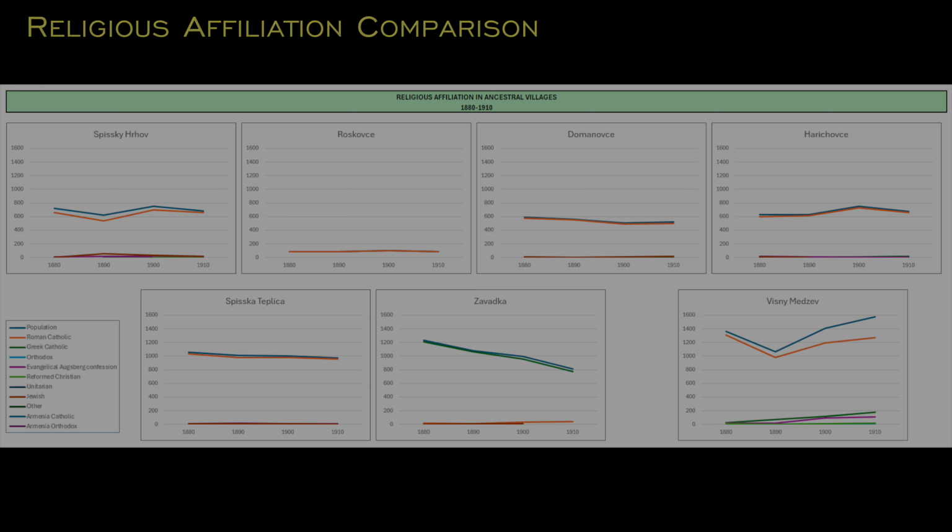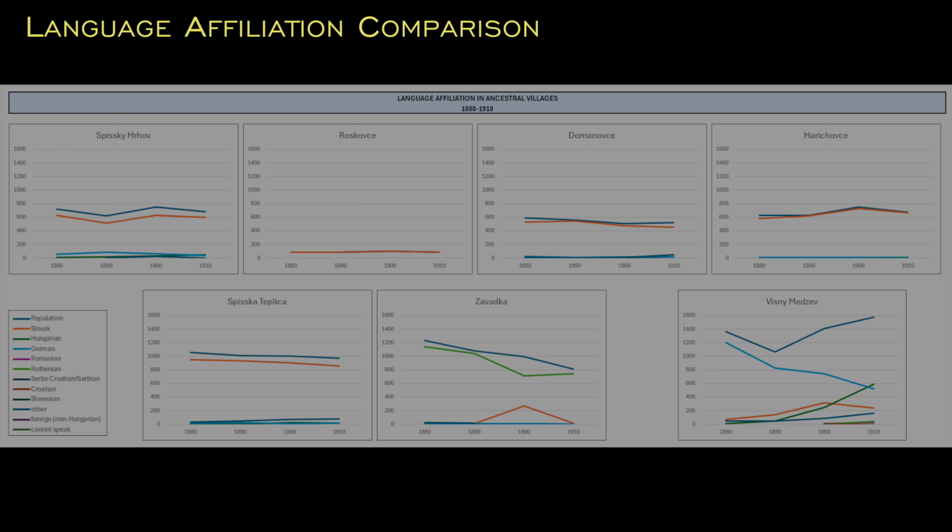Let's move to the language affiliation, or mother tongue as the author describes it. Due to the nature of the Austro-Hungarian Empire, many, if not most, people in this region, even those not well educated, probably had some capability in multiple languages. We can't know now whether people interpreted this to mean what they spoke at home, or what they were taught in school, or what the signs in the village square or on the church bulletin board said. In any case, people had to make a declaration, and here we're seeing where they placed their stakes.